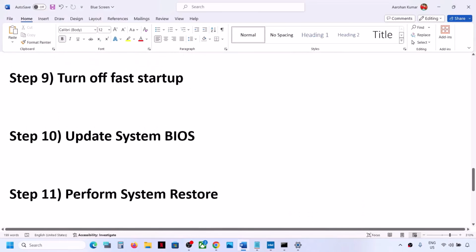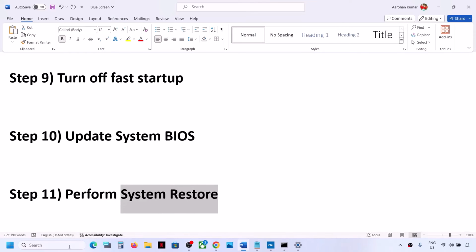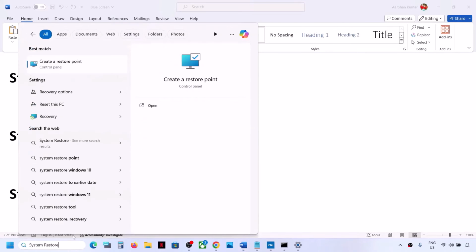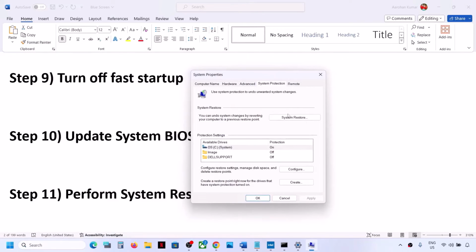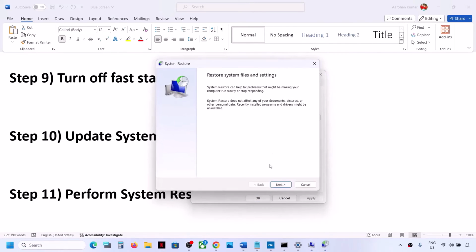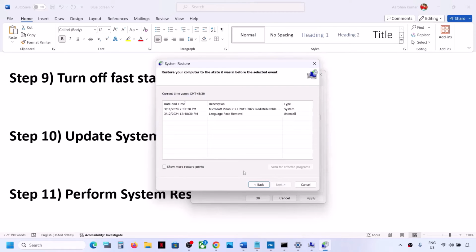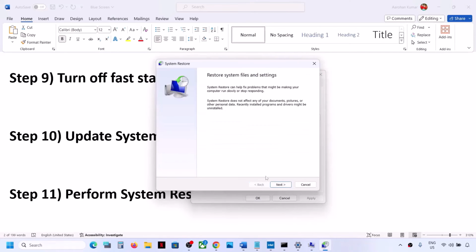Now next step is to perform system restore. Sometimes this takes care of the problem, so you can perform system restore. Type in system restore in Windows search box and then click on create restore point, and then click on system restore over here and then click on next. And then if you see the option which says